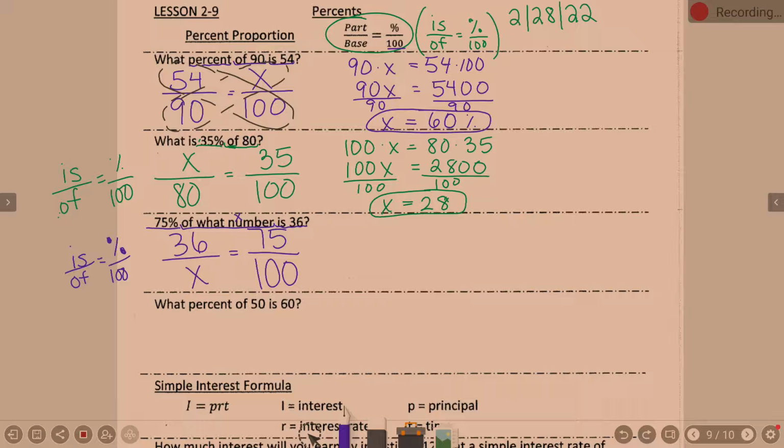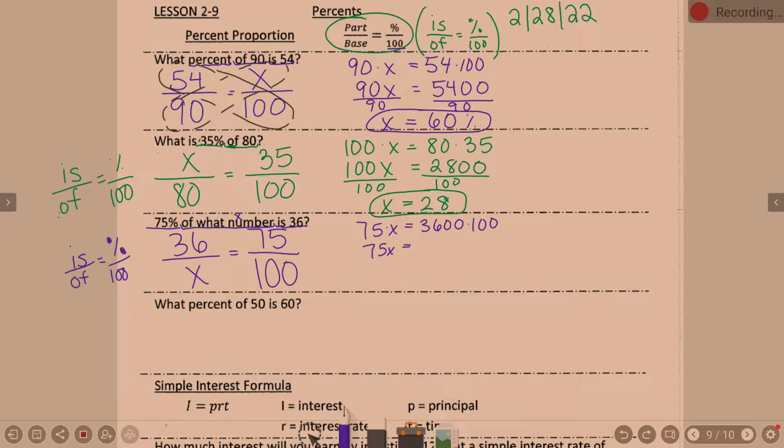Now you cross multiply. That's my favorite part of the math problem. What are my cross products here? 75 times x and then 36 times 100. Okay, and it's going to be 75x, and then